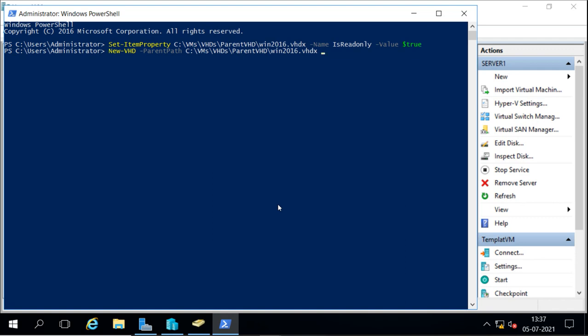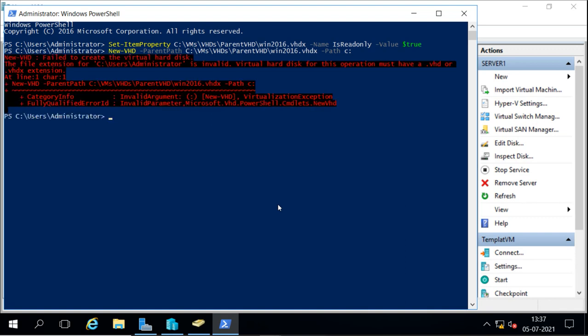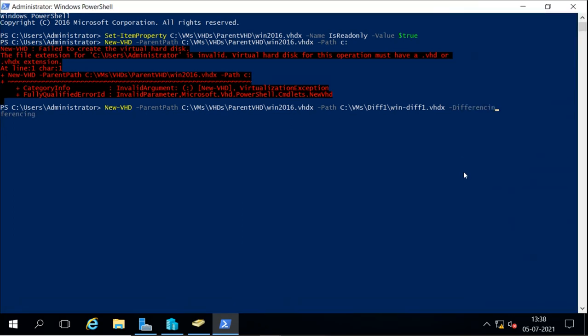This is the parent, and the new one I am creating is under VM diff1, named win differentiating 1.vhdx, and the type will be differential.